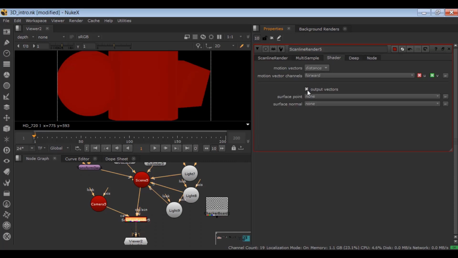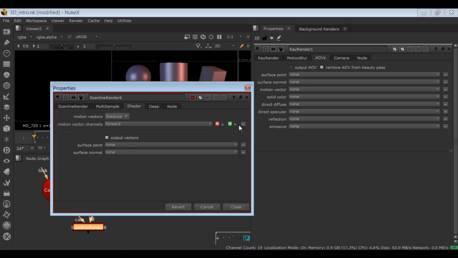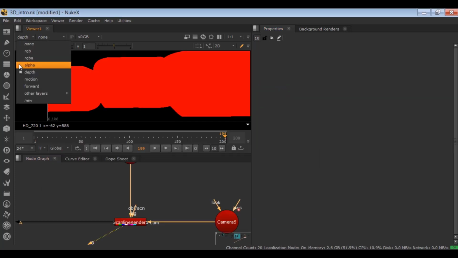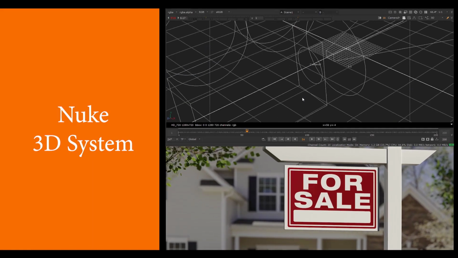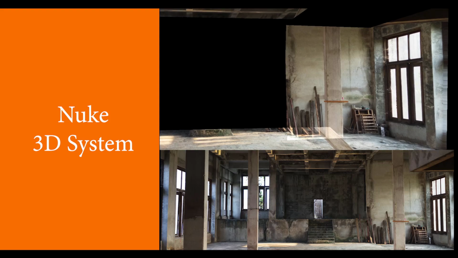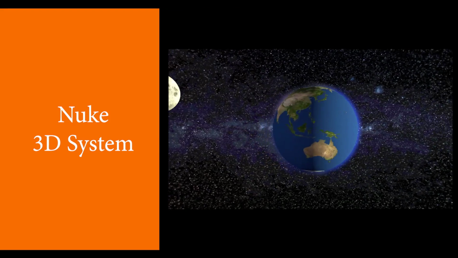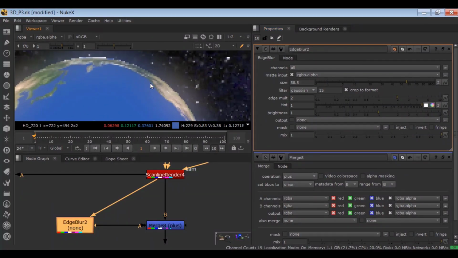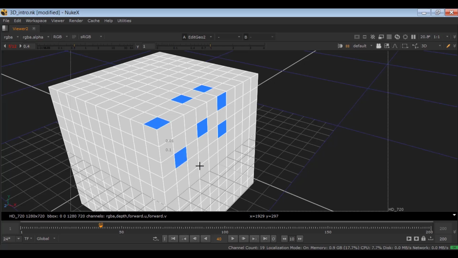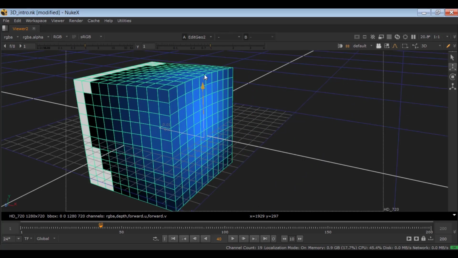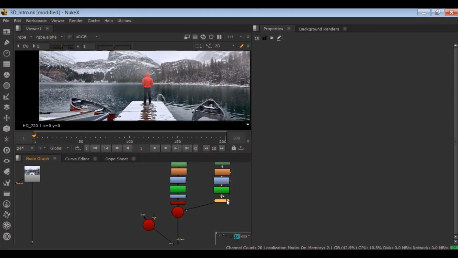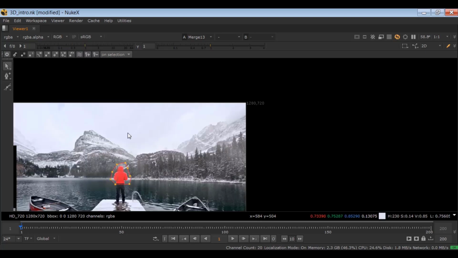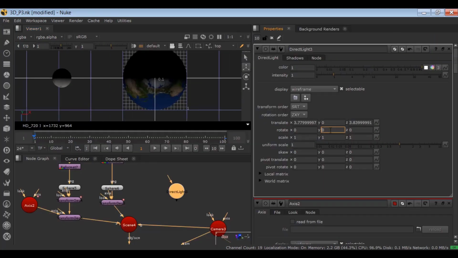utilizing AOV passes from scanline and ray render nodes for generating different types of shadows, implementing depth of field effects, creating models from 2D footage using the Model Builder node, handling space scenes and interactions of light in 3D environments, numerous tips and tricks for achieving accurate and visually stunning results when integrating 3D elements into 2D compositions. This comprehensive exploration will provide you with the knowledge and skills necessary to proficiently incorporate 3D elements into your compositing